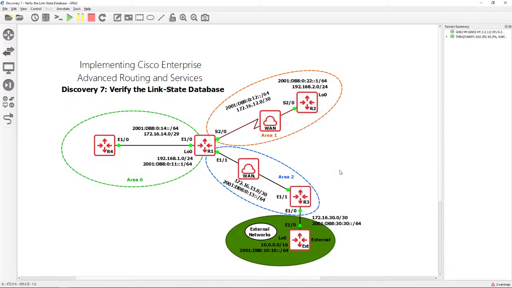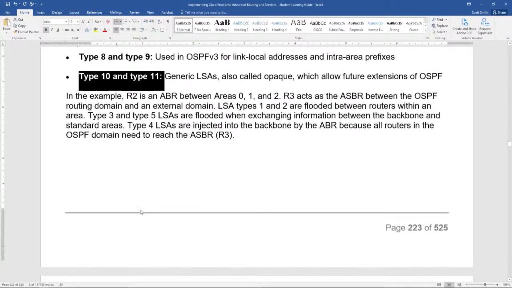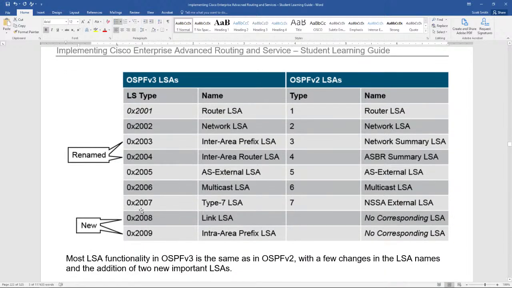All right? So you can see where it can be a little bit confusing. We've got a lot of things happening with these routers here. Lots of different LSA types, lots of different purposes for these LSAs. So that's a really important concept to understand. All right? And we're going to get into this topology and take a look at that as part of our discussion here. All right? Now, this table basically describes, if we go from OSPF v2, which is classic OSPF,